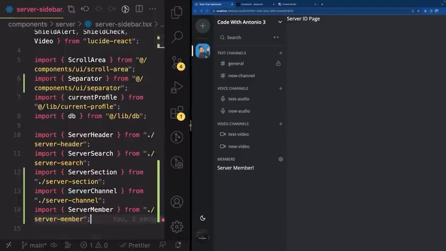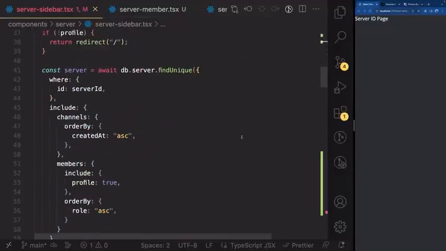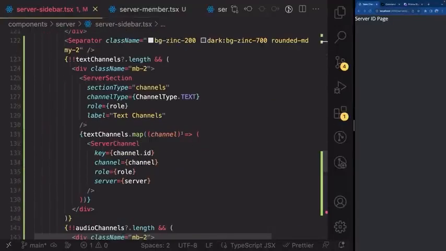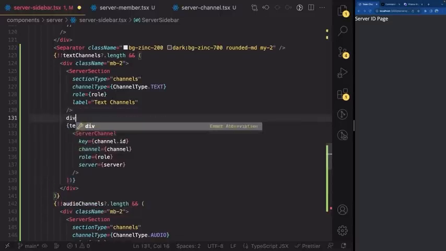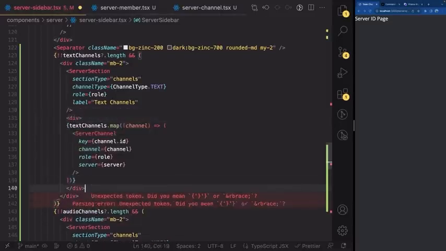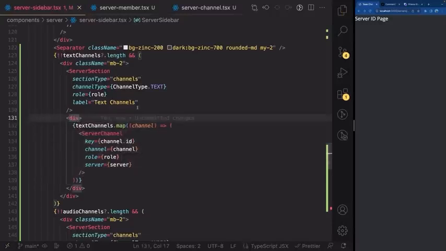Great. So one more thing that I want to do before we begin this is just add a bit more padding to these individual sections because it kind of looks cluttered. So let's see how we can do that. I'm going to zoom in so I can see a bit better. Okay, so around each of these mappings, I want to add a specific div. What I'm going to do, I'm going to create a div around this textChannels.map like this. There we go. So now it's wrapped in a div, and I'm going to give this div a class name of space-y-2